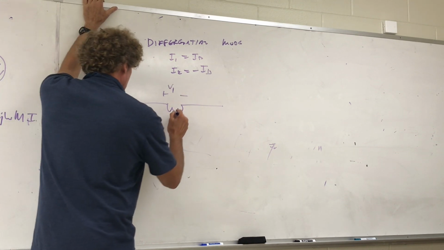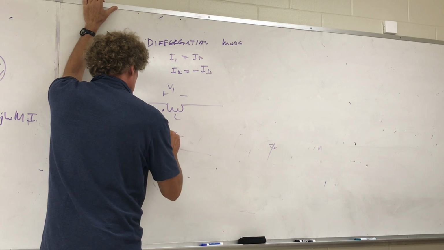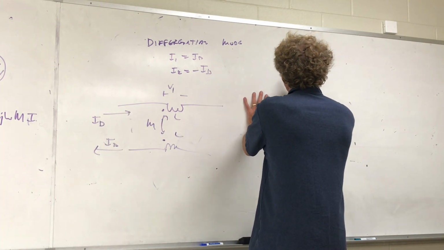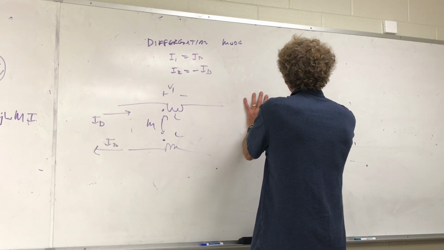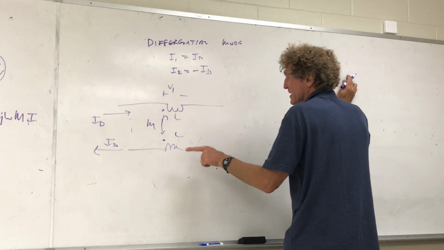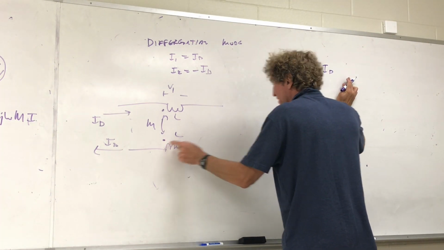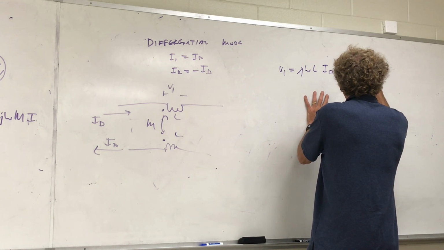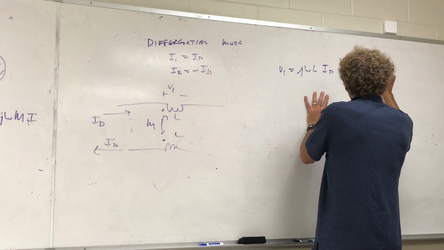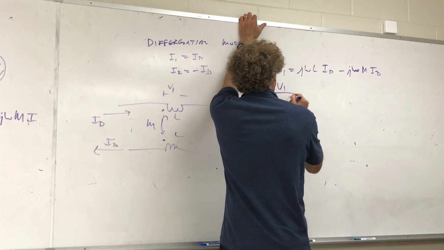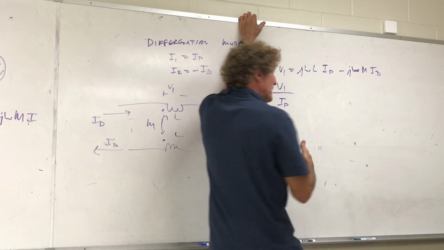And of course we have L, there's a dot, and here's M. So what is this V1? Well, V1, as before, will be j omega L times this current ID. Then, because the current's going the opposite direction coming out of the dot, it's going to be minus j omega M times ID. And if you look at that, if we take V1 over ID, which is the effective impedance